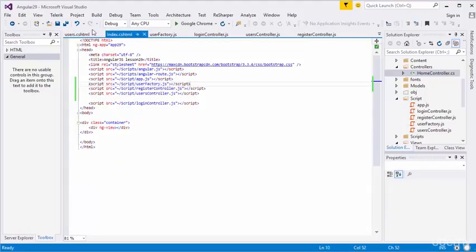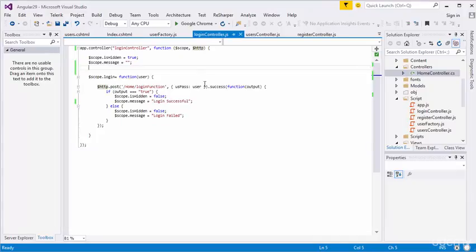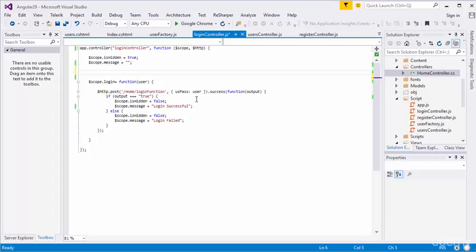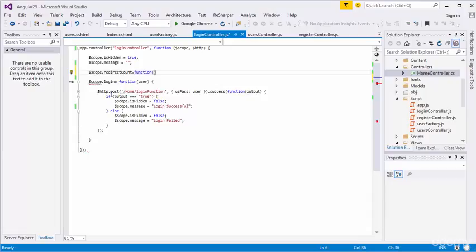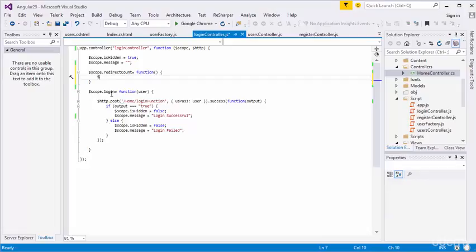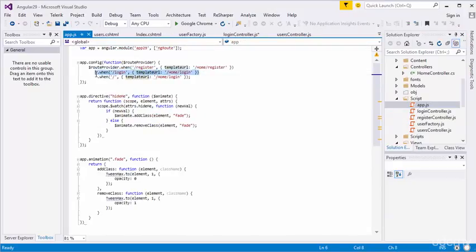I want to redirect to this users page after the registered user login, and in here I have used some Angular animation also. I need to keep those animations, and I'll use some trick here. I'll create a new function, scope dot redirect, and the function I'm going to use the location dot path. If I'm going to use location, I need to declare it in the top, and in the path in the app file, I need to give the path for these users. Using Angular route, I'll give